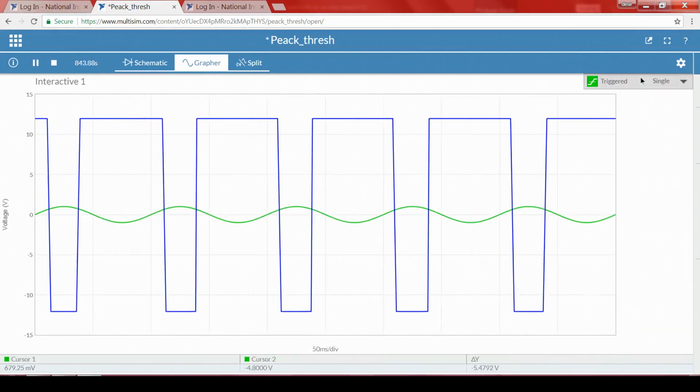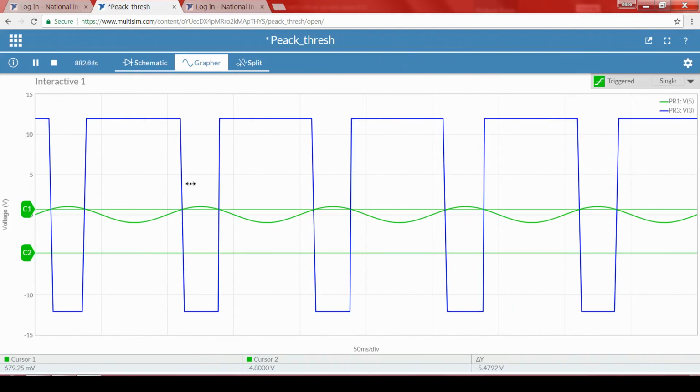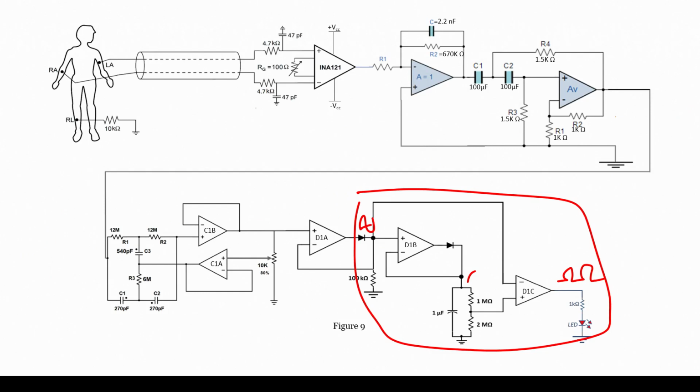Now, what to understand? One thing is clear, that C1 represents our threshold and the green color represents our input signal. What about the blue color? Blue is nothing but our output. Now, what is happening? Whenever the input signal is greater than the threshold value, it is going to minus VCC. And whenever the input signal is lower than that, it is going to plus VCC. The reason is that we have used the positive input. Here if you observe, the negative terminal is connected here, whereas the positive terminal is connected to the threshold.